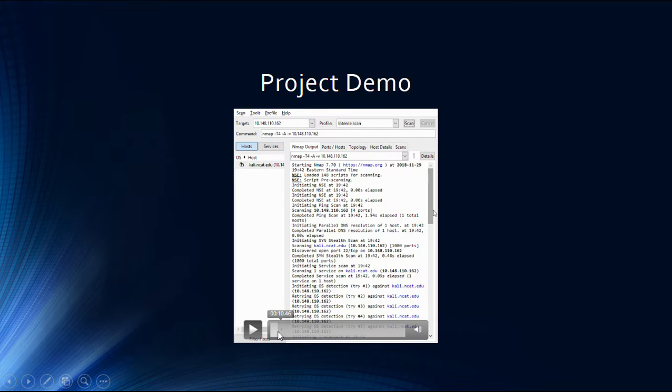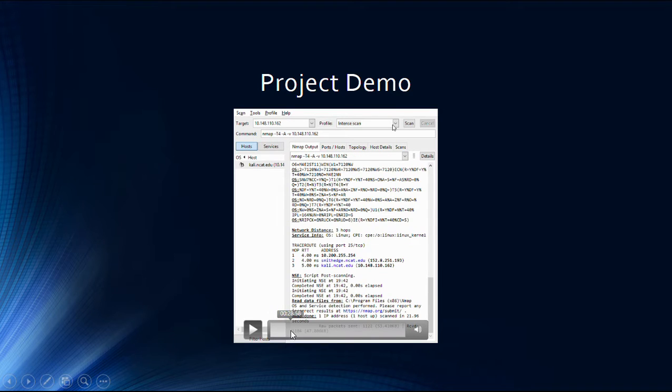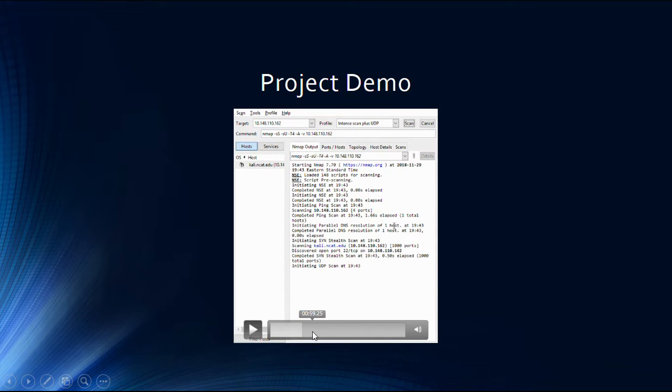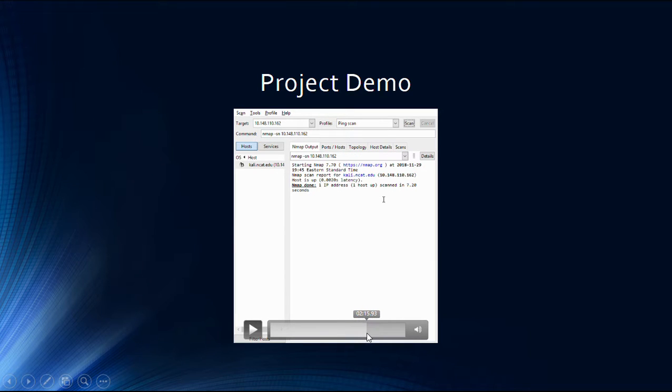I believe it actually, let's see. Yeah, it says smith.edge.ncat.edu. So it's telling you that's the name of a computer in the Smith lab. And I believe